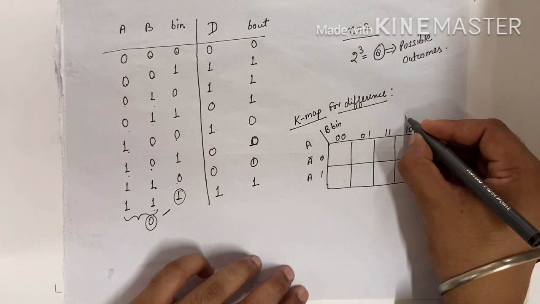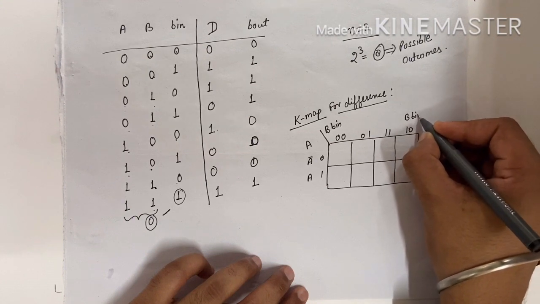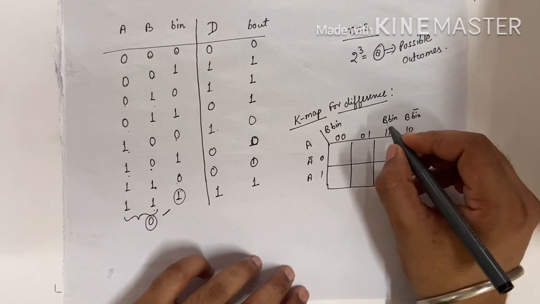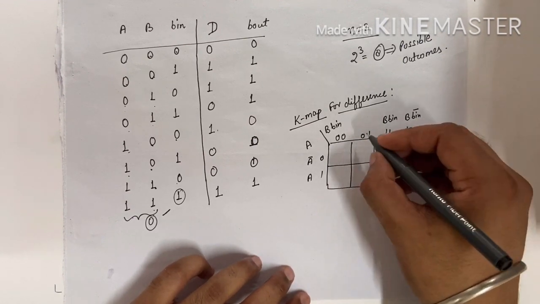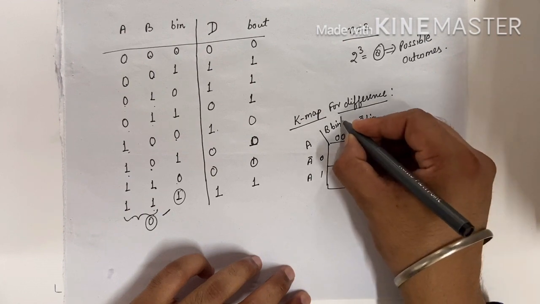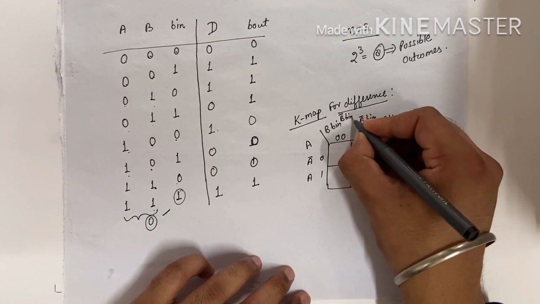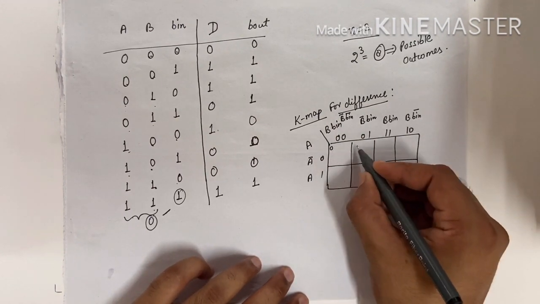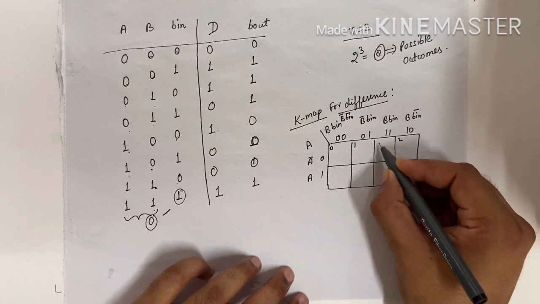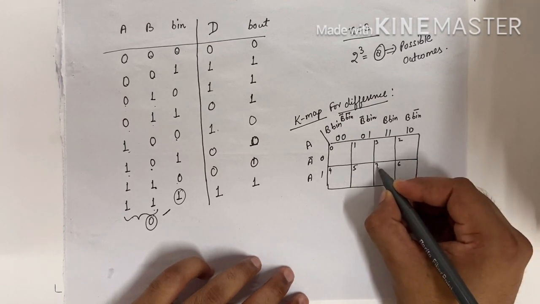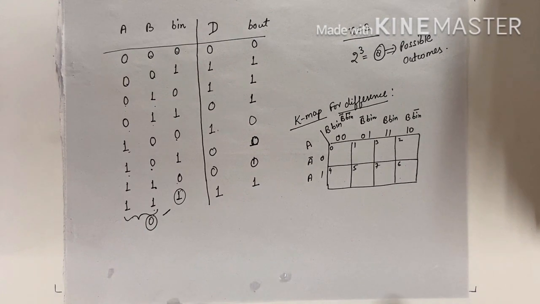Now we can write A complement here and A only here. Similarly we write B input complement and B and B input. You can write these also because it will help in the simplification. So this is B complement and this is B input, and this is B complement and B input complement. You have to write the cell number also. This is cell 0, this is 1, this is 2, this is 3, this is 4, this is 5, this is 6 and this is 7. So you have to mention the cell number also.